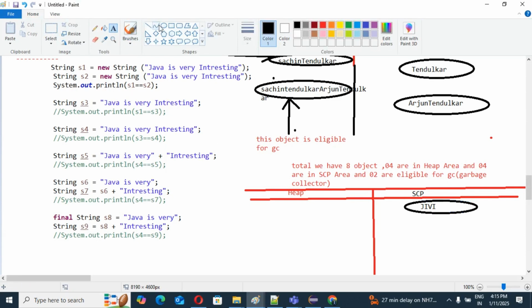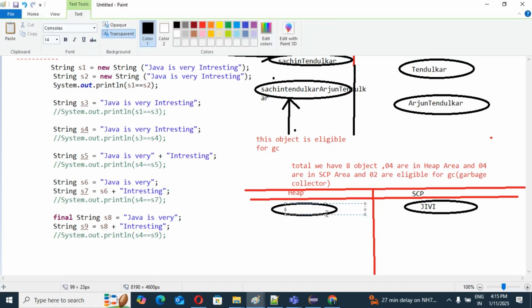And one object will also be created in our heap area. So guys, see, I'm writing here: in heap area also we have one object, the same Java is very interesting.